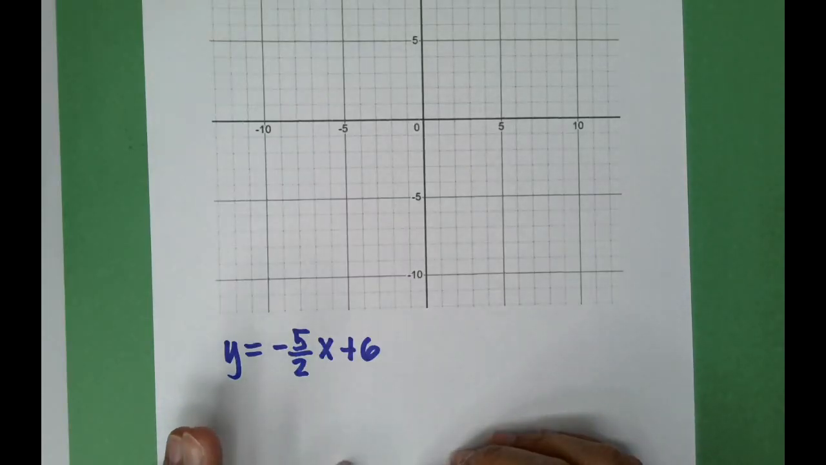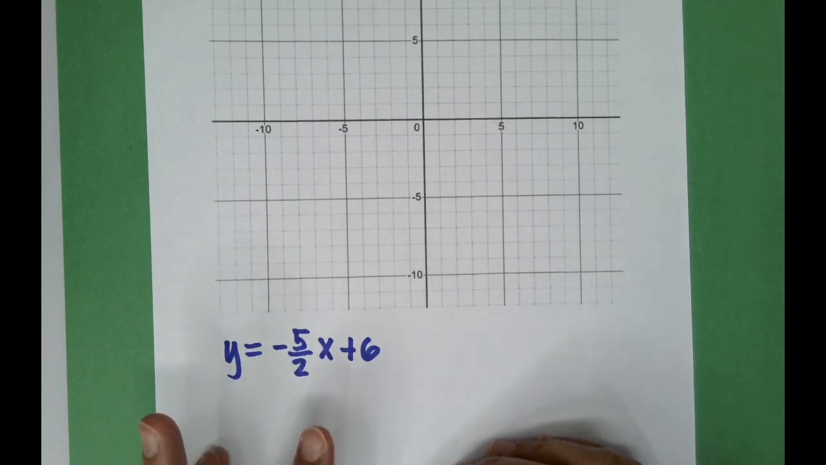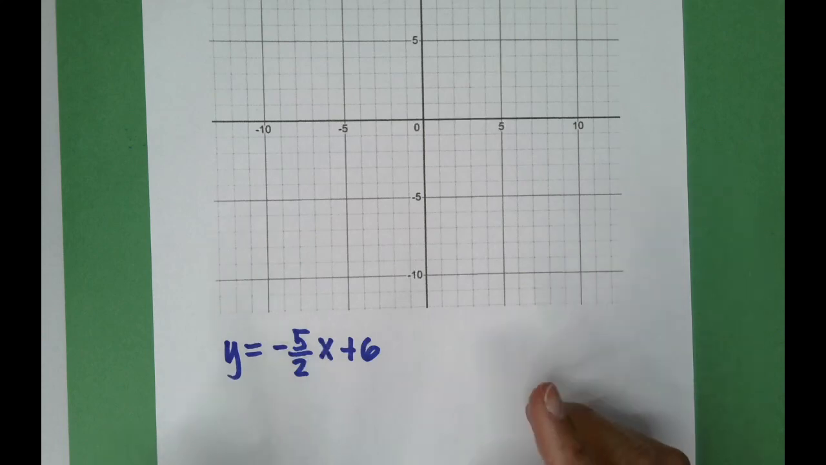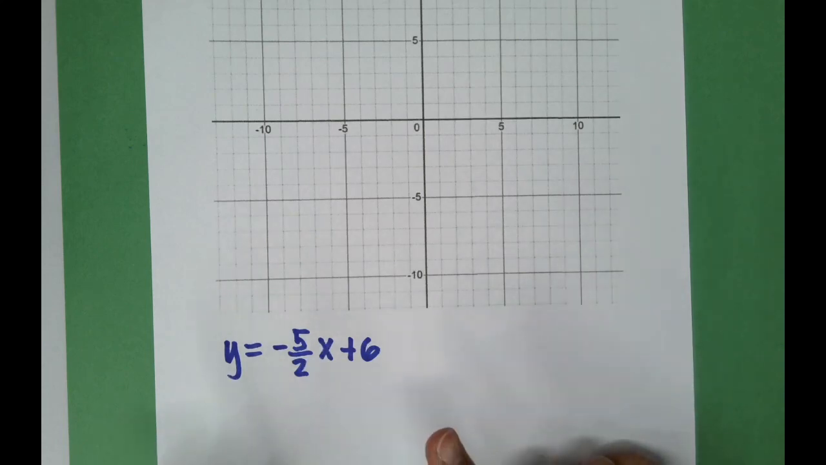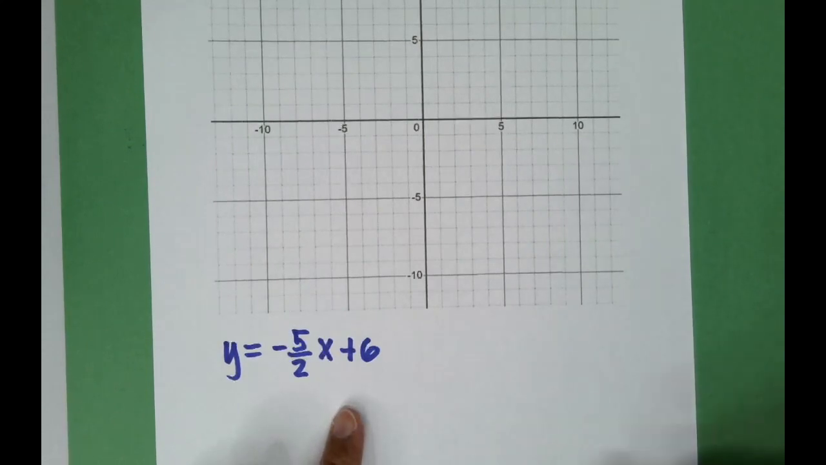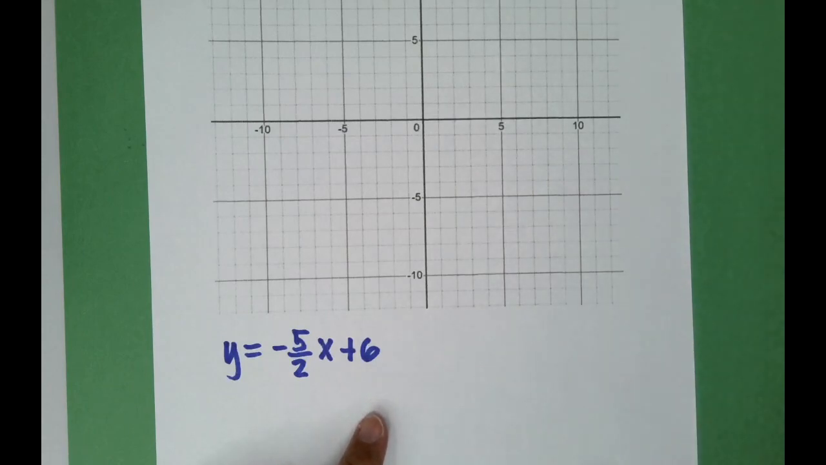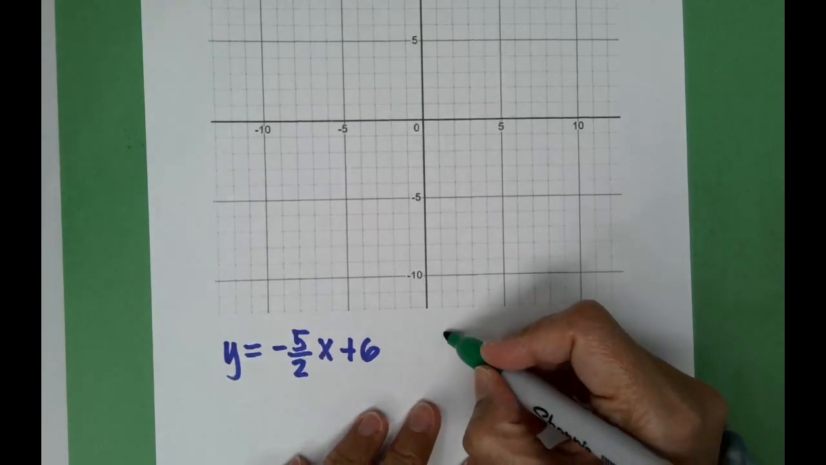We're now going to graph equations, and in order to graph equations we need 2 points, or if not, a point and the slope. Since the equation here is in slope-intercept form, we're going to use the slope of the line and the y-intercept. Starting with the y-intercept,